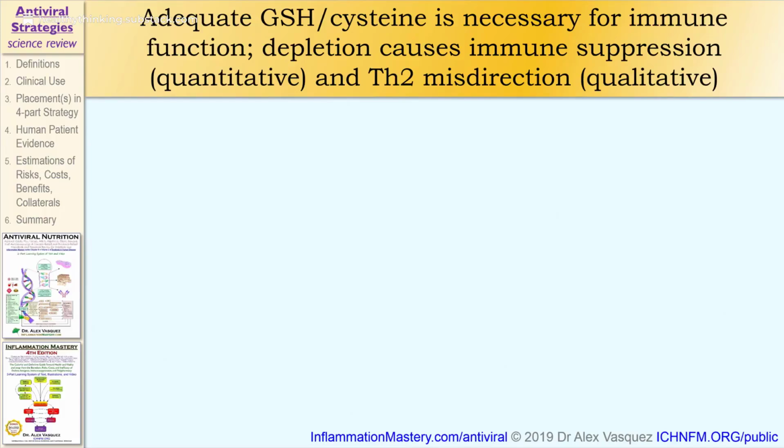Adequate glutathione and cysteine is necessary for immune function. I'm going to say that again. Adequate glutathione and cysteine is necessary for immune function. So I want you to think of cysteine not simply as a structural building block for the tripeptide antioxidant glutathione. I want you to think of cysteine as being basically a fuel for the immune system. Now, we're all used to thinking of glutamine as a fuel for